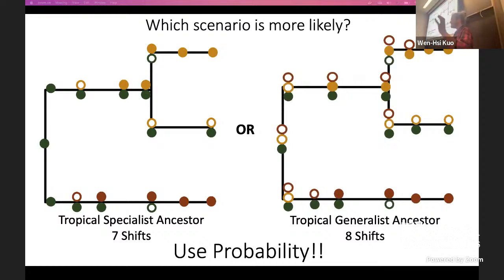Another potential scenario with the same tip states is having a tropical generalist, one that has a realized affinity. It occurs in sustainable populations in a tropical biome, but it is able to physiologically sustain itself in arid and temperate biomes as well. And over time, it specializes into one of those, the arid, tropical, or temperate biomes. So these are two totally different scenarios with pretty divergent evolutionary implications. So being able to account for which of these scenarios occur is quite valuable, or at least